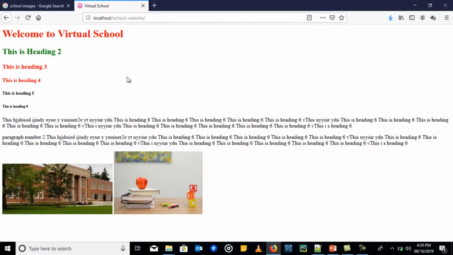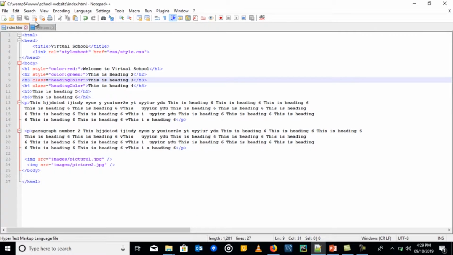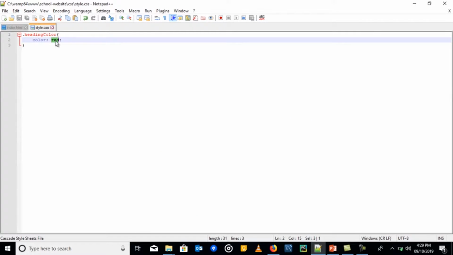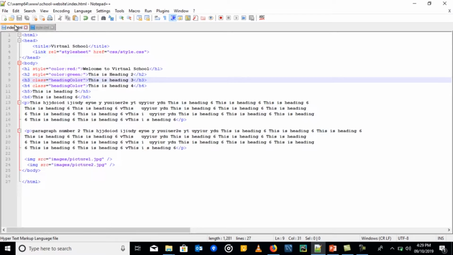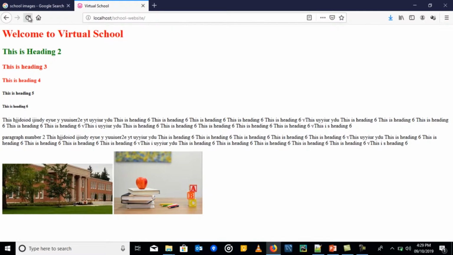Now, if you want to change all those colors, wherever there's red, to, let's say, yellow, using an external file I'll just change one place here, red to yellow. That's it. I don't have to change anything here. I just have to change this side, since this side we are referencing the external file. If I change that to yellow, let's see if I refresh this page. You see, everything has changed to